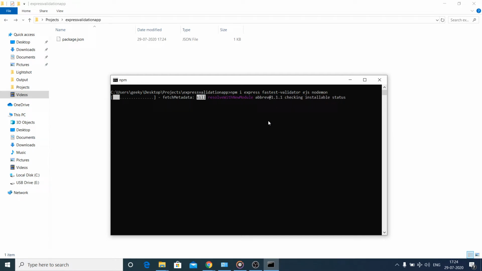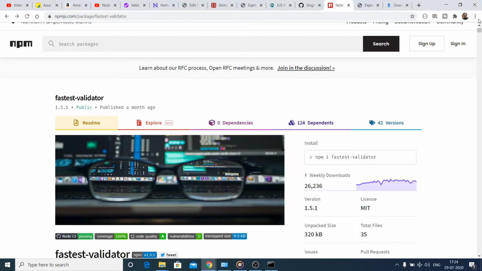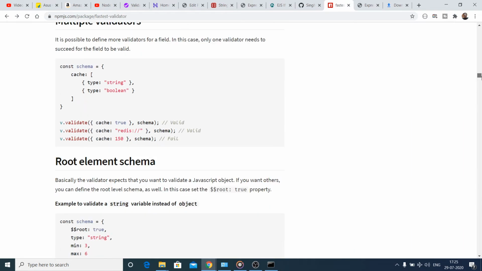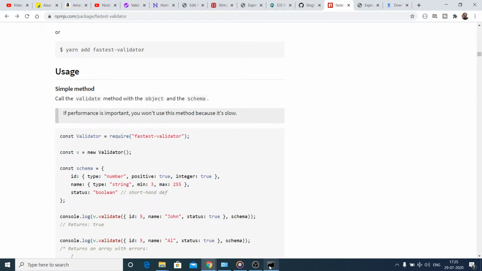So it is just installing the dependencies, so just wait. It hardly takes 2 minutes to install. So just wait guys, it is installing here. It totally depends upon your internet speed. So you will see that it is a very famous library. All documentation is great, all examples are given to you. So I will be taking all examples and showing you how to use this.